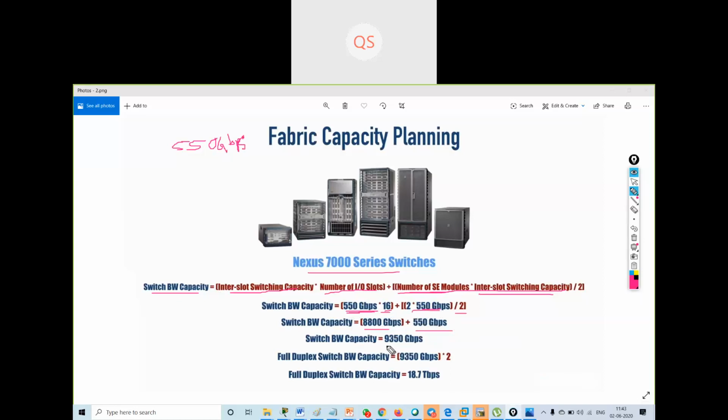So I have to add this thing. I will get 9350 gigabits per second. So you can say this is something like 9.3 terabytes per second. Now my full duplex switch bandwidth capacity is 9350 into 2. Full duplex switch capacity is